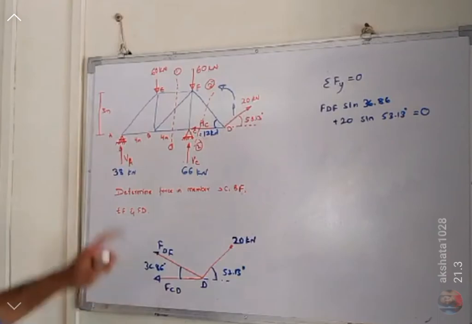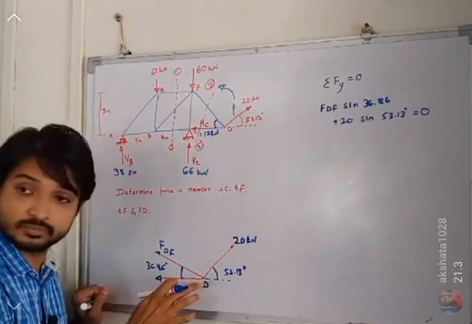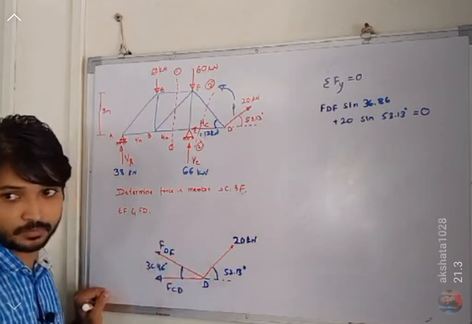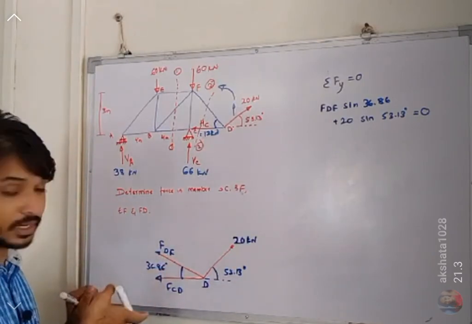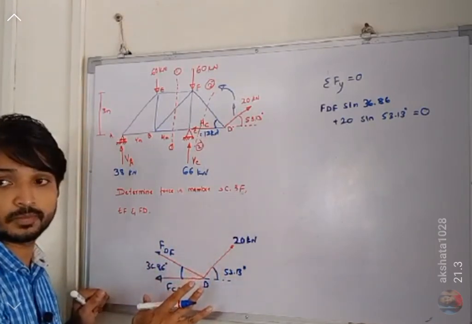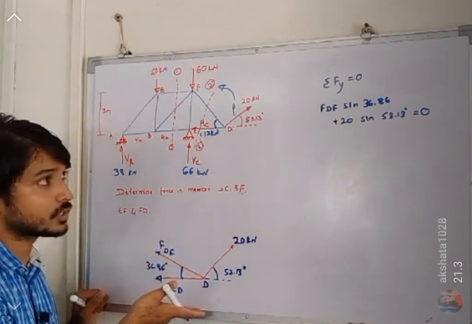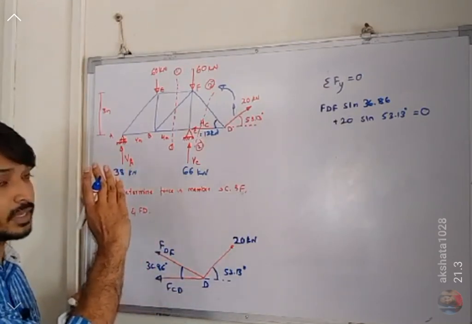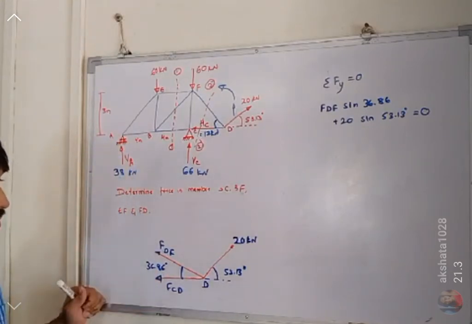I think you have observed something here. The section I have considered, as they are meeting at the same joint, this problem has now become a joint problem. That is what we don't want actually, but still they have given it. So we have cut it like this and we can solve it, but in real, this is a joint problem now, correct? Because this is one joint, we are checking the equilibrium of one joint now, not the whole section. That's why I've said you have to cut a section in such a way that you get at least some members properly, right? Here it is not the case.